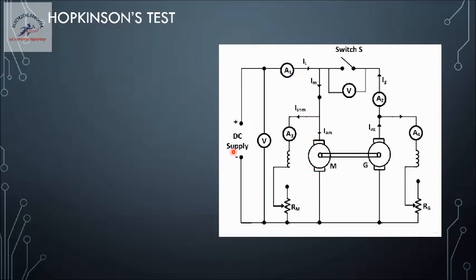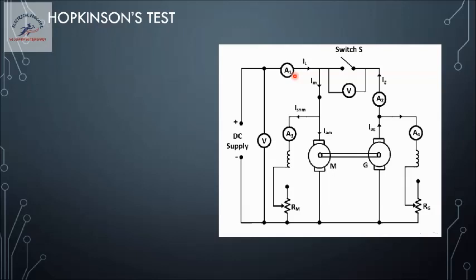The motor is drawing some amount of current from the supply. That current drawn is also supplying the field and armature. The current induced in the generator is supplying the generator field, and the remaining current is going to the motor. So whatever current is demanded by the motor, IM, is supplied by the generator, and the remaining current is drawn from the supply. The current drawn from the supply is very small here. That is why this method is called the regenerative test.